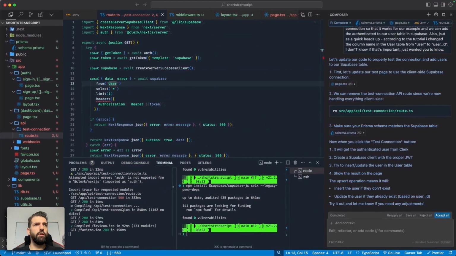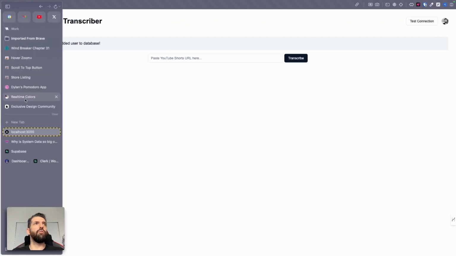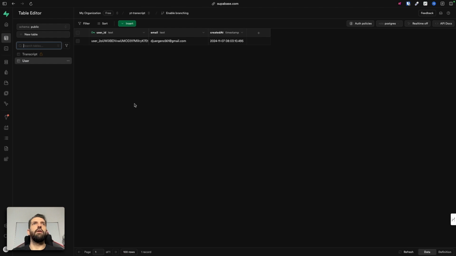Test connection, successfully connected and added user to database. Ha! Nice! That's awesome, it worked. And we all did it with the help of Cursor and our brain. So this is what I wanted you to see, guys. It's important to still be able to follow instructions and to have a little bit of technical knowledge so you can add this stuff. And if we have a look here, we can see user underscore